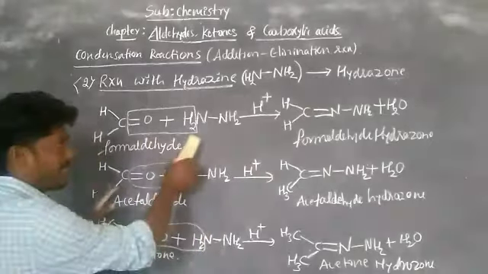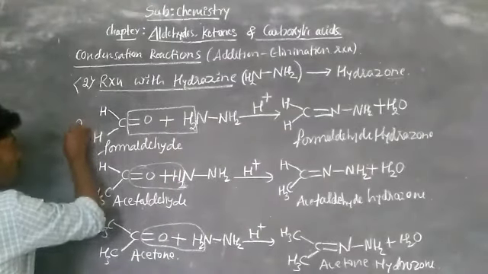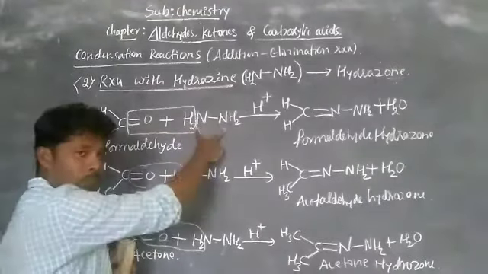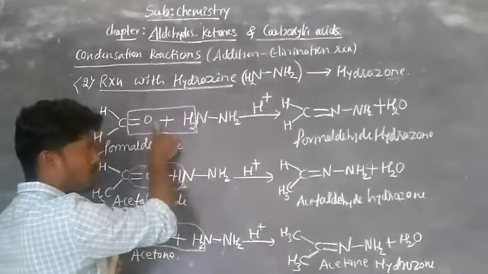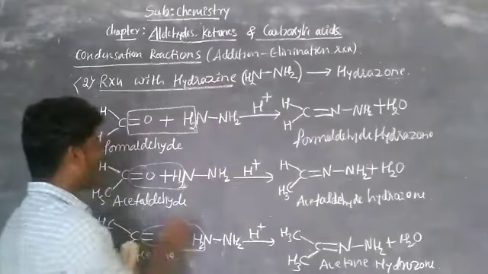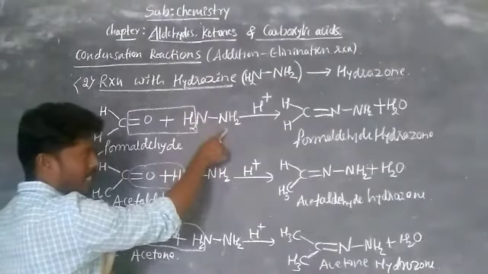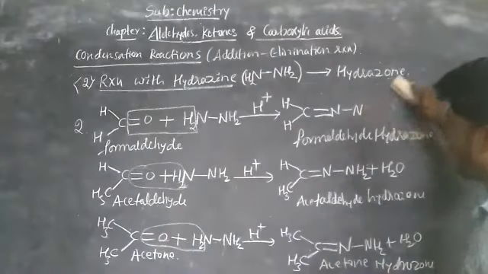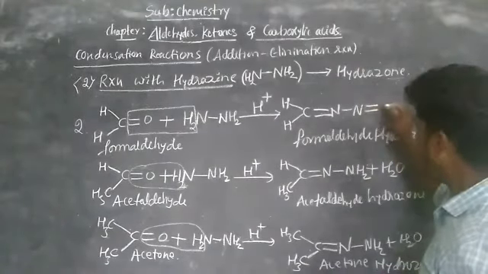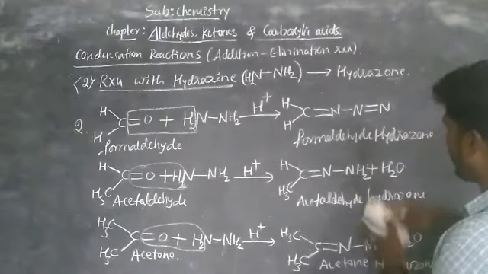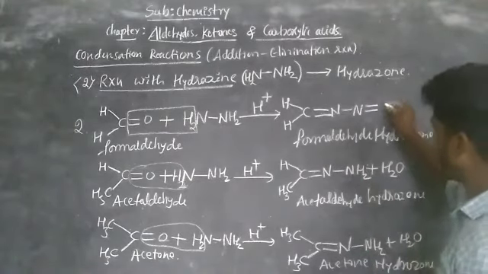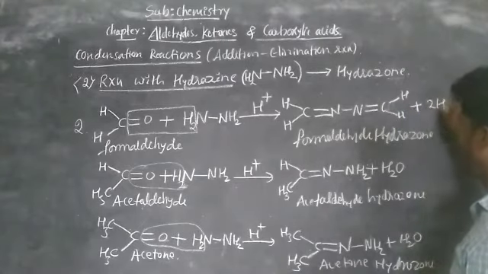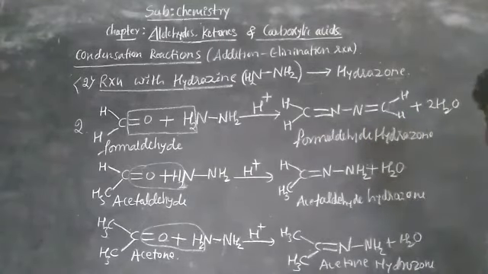Now in this case, if you are taking two equivalents, here there are two amine groups free. One group reacts together, you get such a compound. If one more molecule of formaldehyde reacts with this amine group, you get CH2=N-N=CH2, plus two equivalents of water eliminated, right? You get such type of compound.